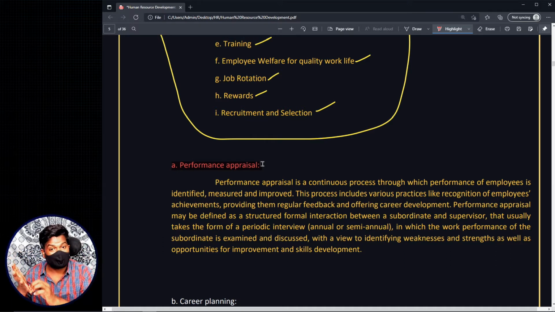It may be every 6 months, or every 3 months, or 4 months, or 1 year. It depends on the organization. So this is basically performance appraisal. We are telling that performance appraisal is, and also remember, performance appraisal is a very strong tool which organizations can